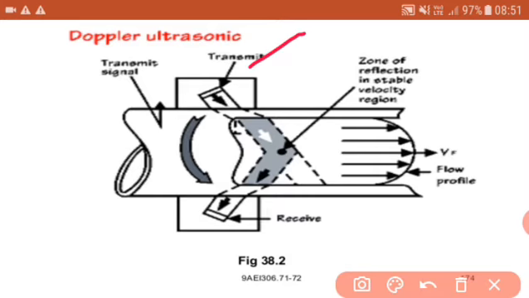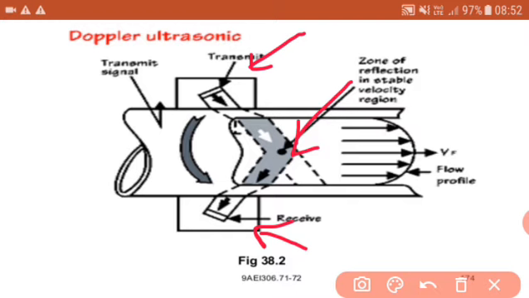Here we can see the transmitter, and here is the receiver. In between these two there is a zone of reflection, in a stable velocity region. It means the velocity will be stable here. So this is known as the zone of reflection,